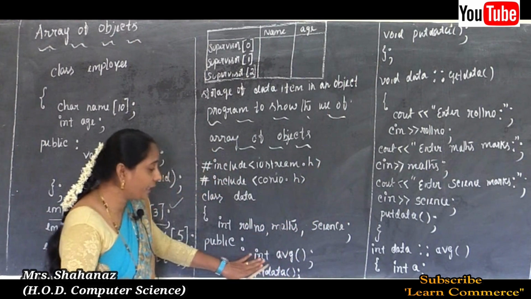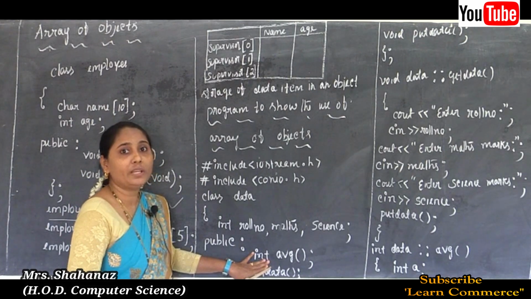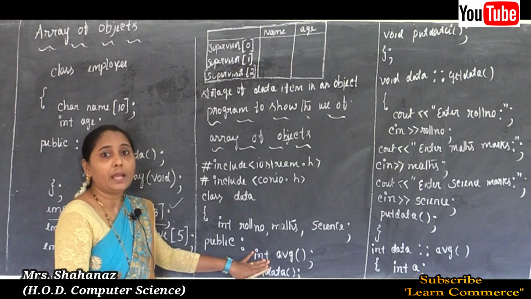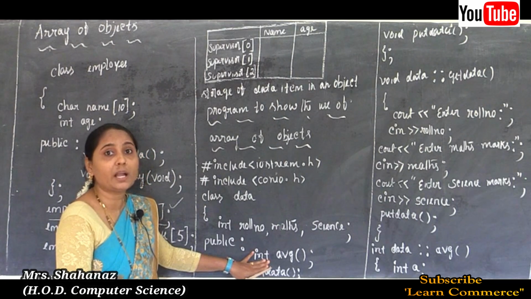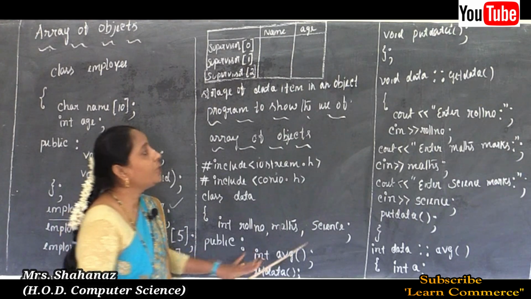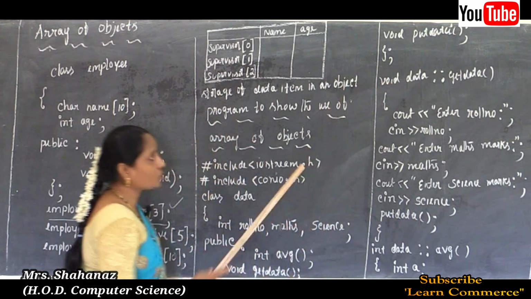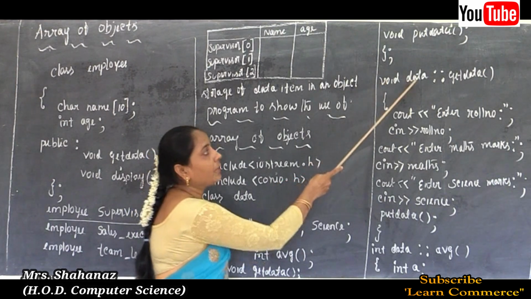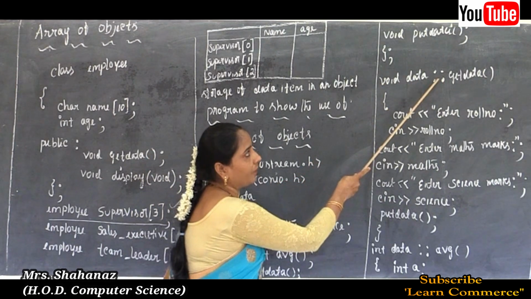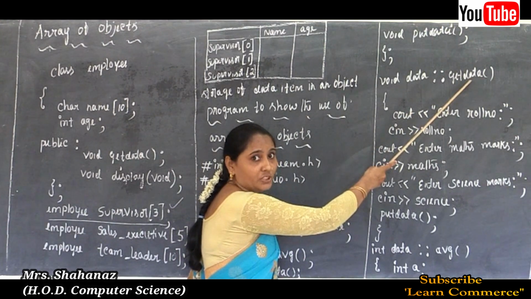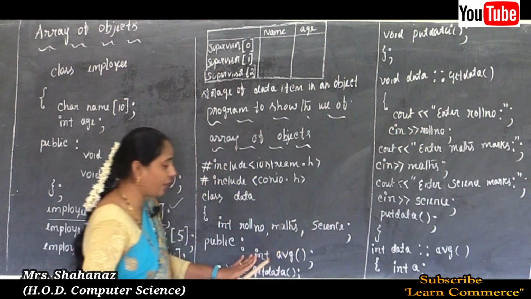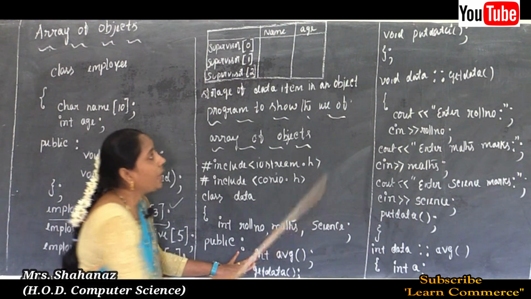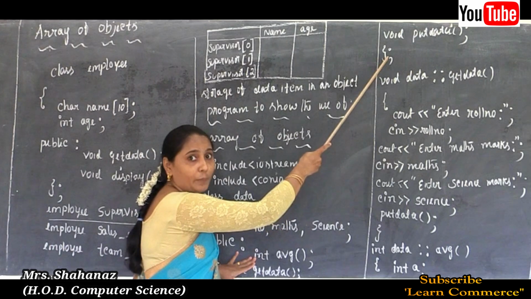So I already declared this, that means now we need to make the definition of the class. Clear this point here. So how to make the definition of the class? By using outside class definition. So we know that. Why? Because first of all the outside class definition syntax is return type, class name, scope resolution operator, member function. Clear this point here. So outside the class, why? Because I already declared the member functions within the class.